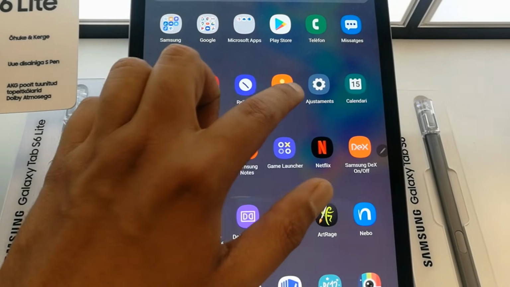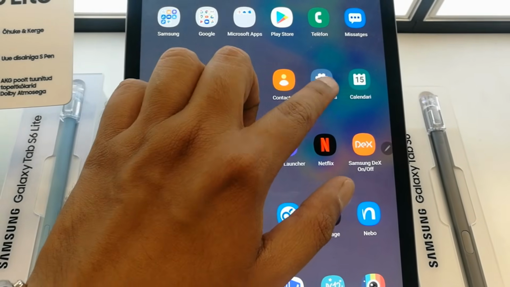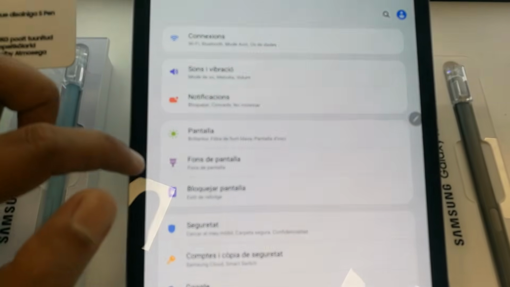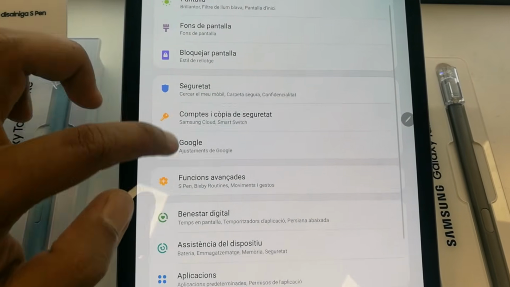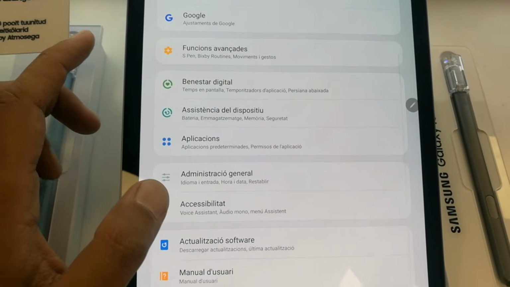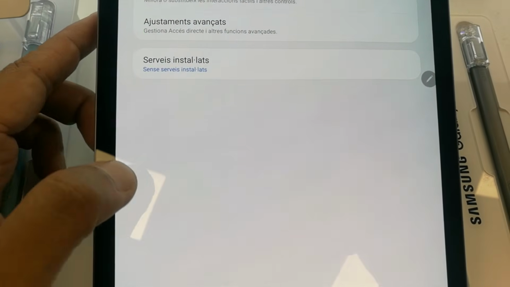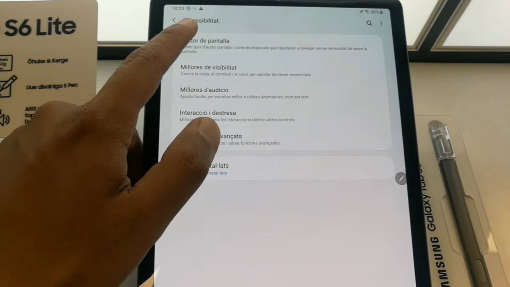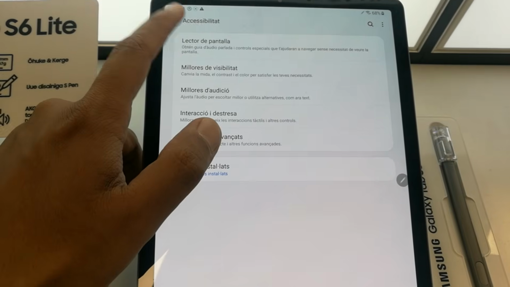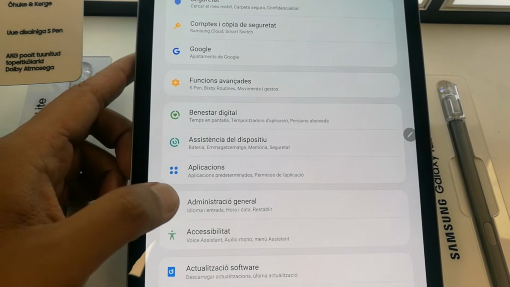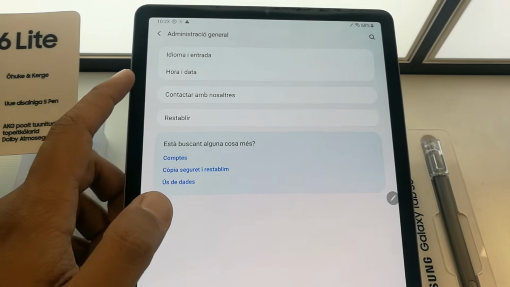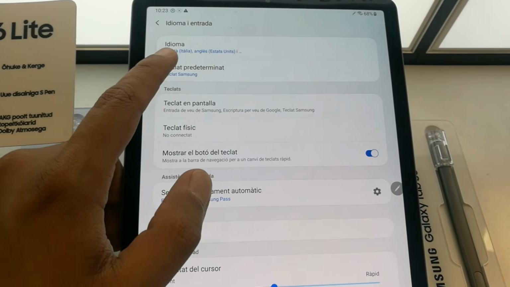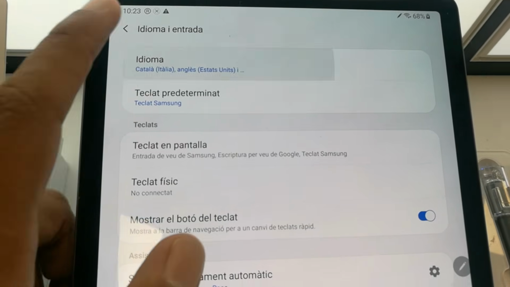And if I want to change this language, again I go into the settings option. If you see this icon, then scroll down, and then you can see this icon. I will go back, I mistakenly pressed a different icon. You can see here this setting and the General Management option. The first option is Language and Input, then again the first option, which is the Language option.